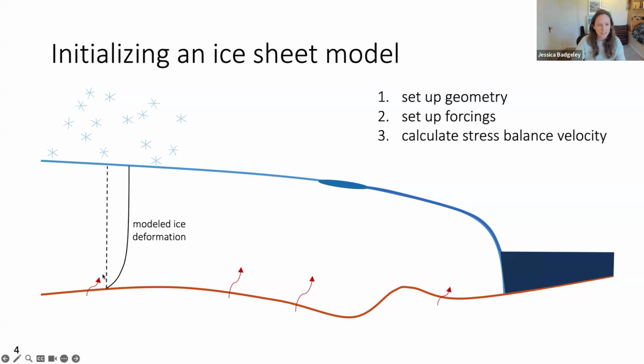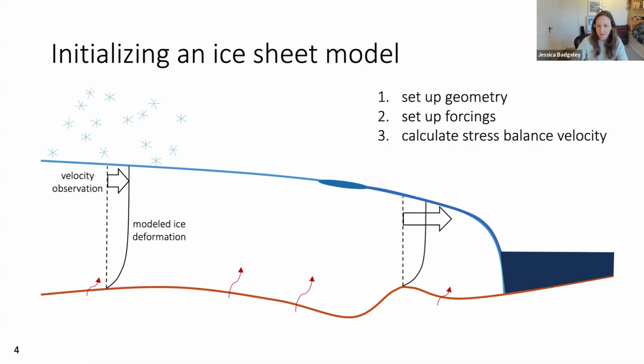And so here is a vertical profile of horizontal velocity that maybe we get from our model. And we see from a surface velocity observation that our model matches pretty well. So that's great. But there might be other locations where our model shows a certain velocity profile and it doesn't necessarily match what we observe at the surface.